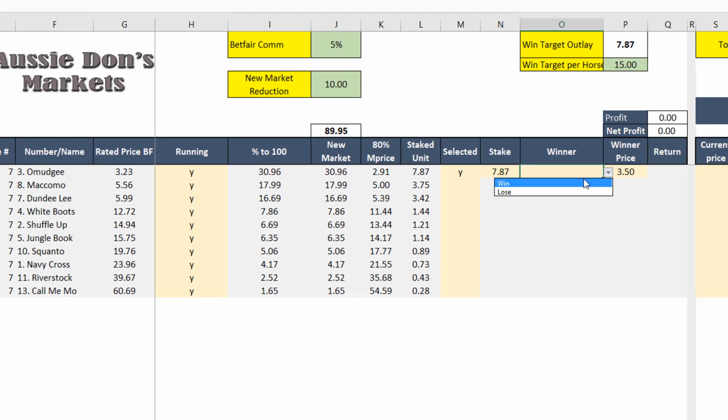Did the horse win? Yes, it won. And because we got a better price than the 2.91, you can see there that we've actually won 19.68, and then after commission 18.69. If we put in here, just to say for example the 2.91, you can see there that we won